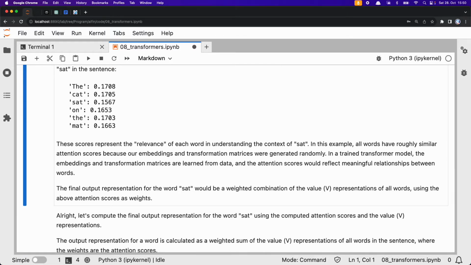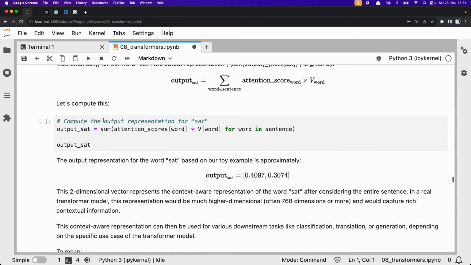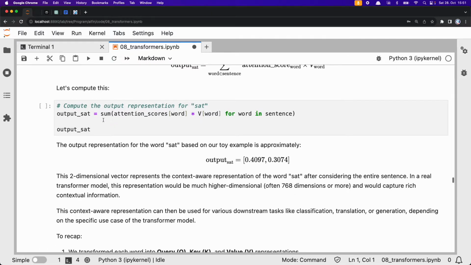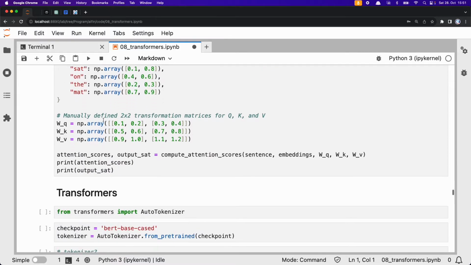So this is the relevance of each word now in understanding the context of "sat". Since the numbers are random, the relevance here is to be seen with a grain of salt, obviously. Right? So the final attention score here, a simple calculation. Right? So the complete code now, if you like,